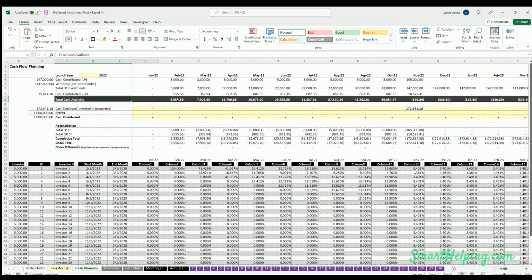So this cash available is the most important row here. This is what you have to make sure is above 0, and this is where you're kind of managing the fund by saying, okay, I've gotten this much in contributions. I've got X amount being withdrawn. So what is my cash available to invest? And let's say it's